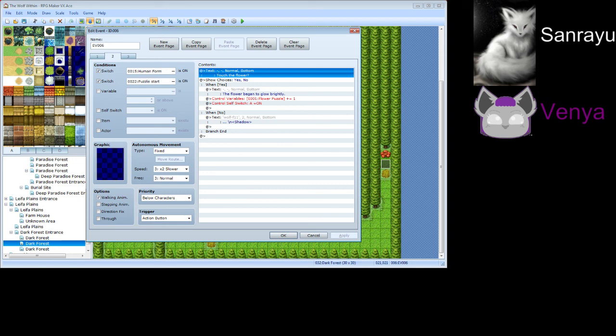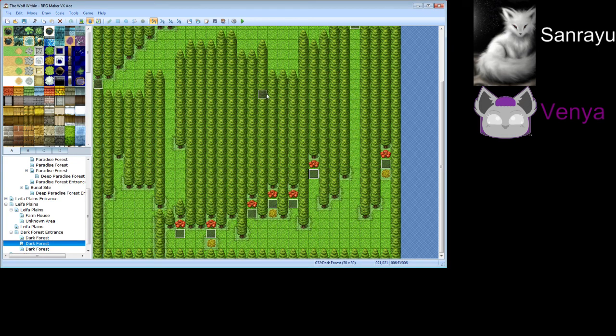Just gonna grab a piece of paper and fix flowers. You want to make sure to test your game a lot, over and over and over, to make sure that you get all the glitches. So I will make sure to fix that when I get to it. So over here is, let's say,